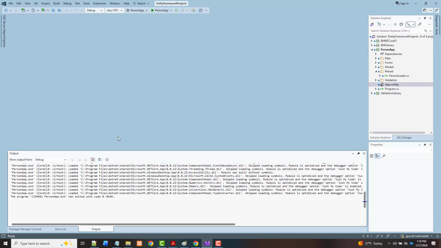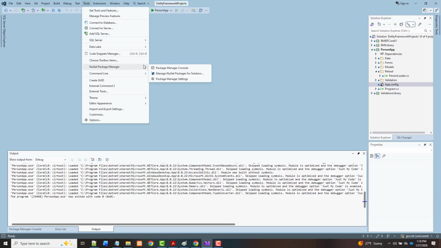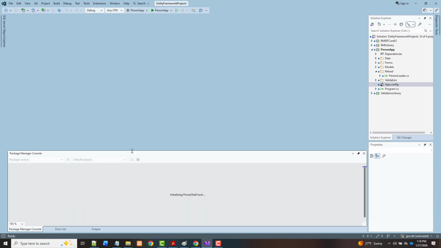So I'm coming here. I'm going to go into my Tools, NuGet Package Manager Console. You've seen this many times now. All right, and I'm going to try to put in this and see if it works. Add migration. I'm going to call it initial create, which is a name that's often used. Now, I might get an error here, but if it works, what should happen here